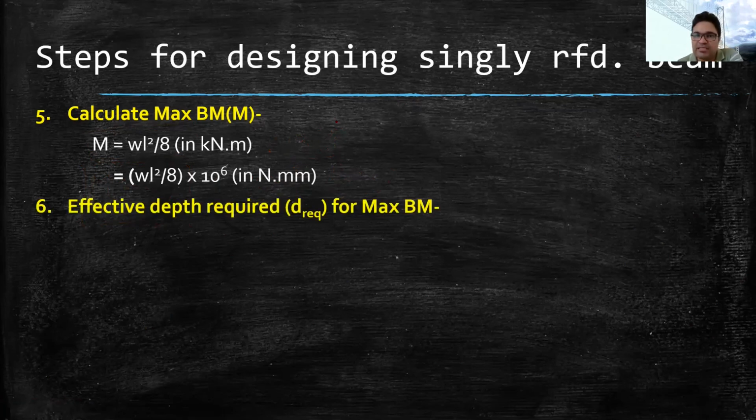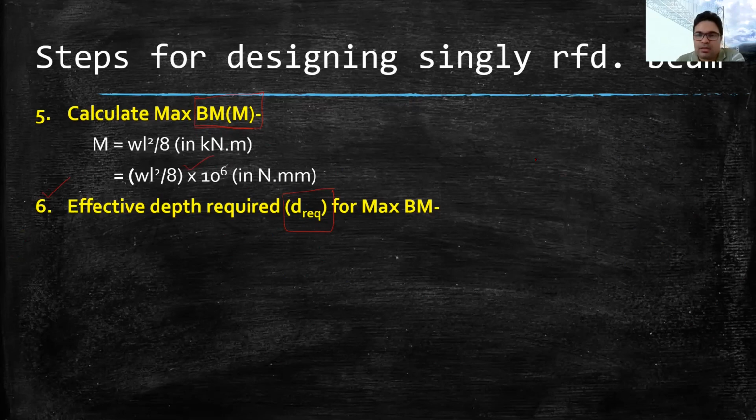Now, as I said, the effective force which influences the design of beam is the maximum bending moment. How much maximum bending moment is there in the beam? Generally, it influences the design of beam. So for this much bending moment, how much depth is required for the beam? Generally, we find that using step 6. In step 6, we are supposed to find out how much depth is required to resist this much bending moment that we have calculated in step 5.